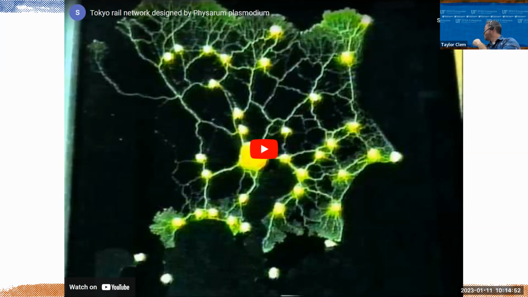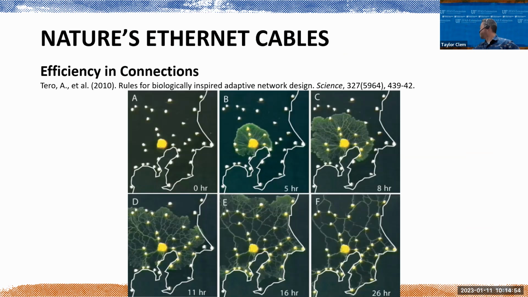And in this study, that almost perfectly aligns with that Tokyo regional network because it is able to find that most efficient pattern. And you heard me mention that it has to do with also talking about that maze, solving a maze. They have the ability to find that most efficient way through.